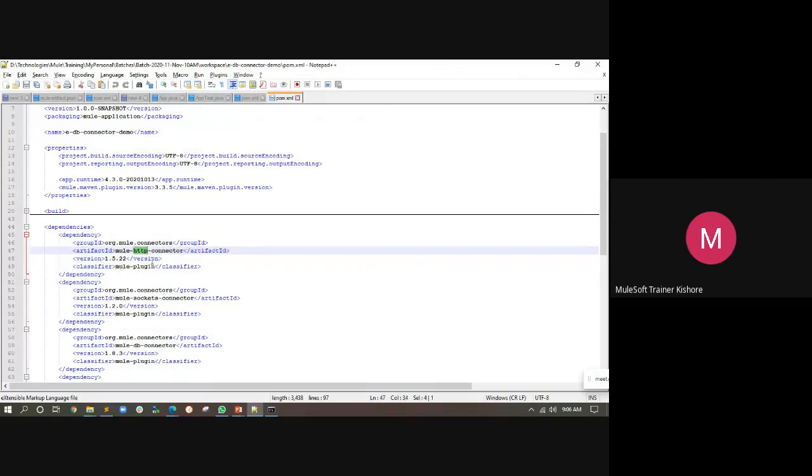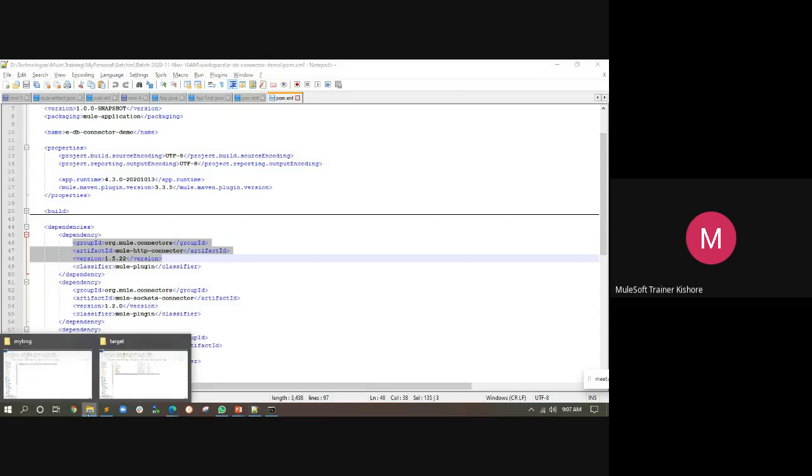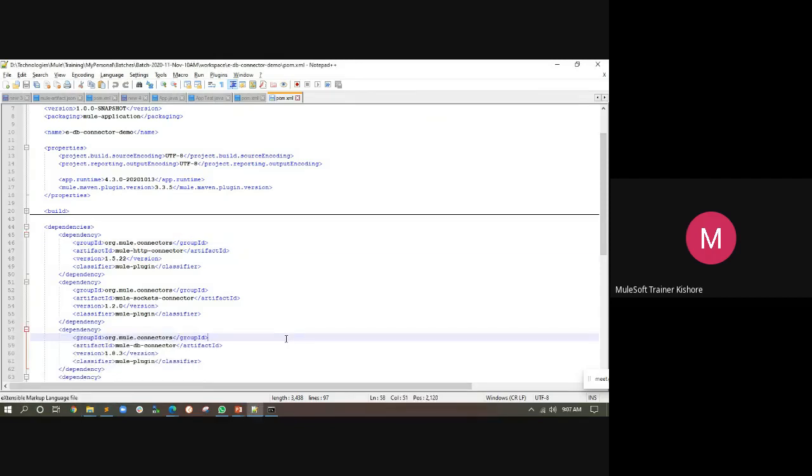Say your HTTP connector is part of group ID mule connectors. It can be identified with the name mule HTTP connector, and its version is 1.5.22. So this is called GAV. Every Maven project will have a GAV. With the help of GAV, you can easily identify the respective artifact. Right? How do you identify?